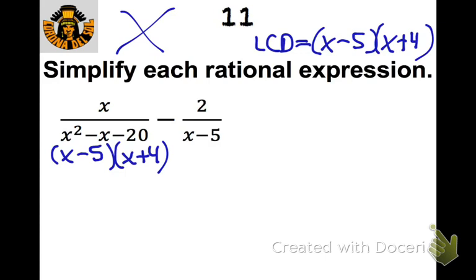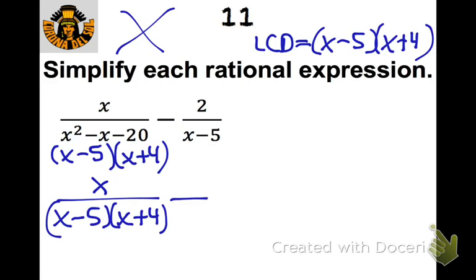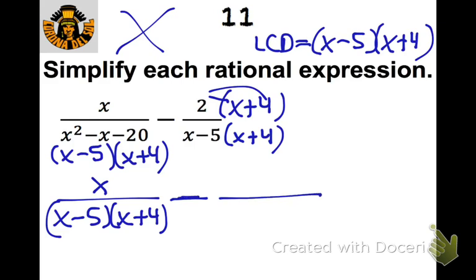So that means the one on the left is already in good shape. So I'll just write that one again. X minus 5 times x plus 4 minus, and then this one is missing the x plus 4, so I'll go ahead and put that top and bottom. Then we're going to distribute this. So I'll just do a little minus sign in the middle, and I'll distribute this. So that would be 2x plus 8. And then on the bottom, it now has the same denominator, so it's going to be x minus 5 times